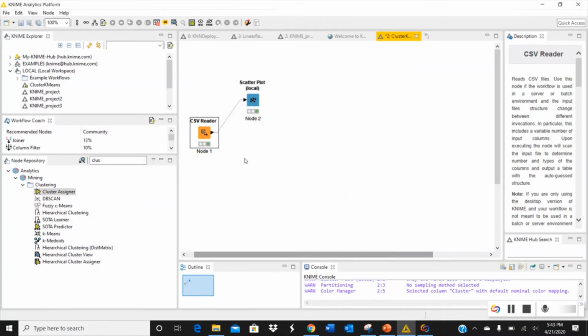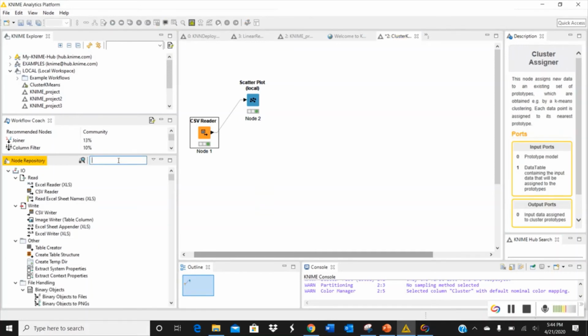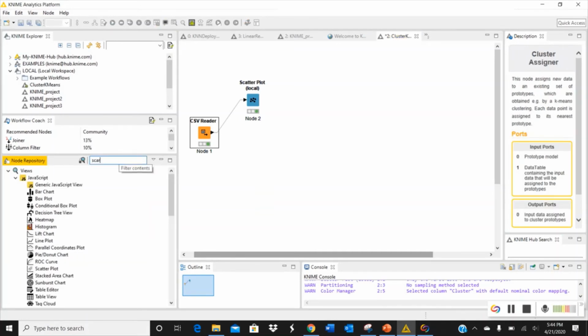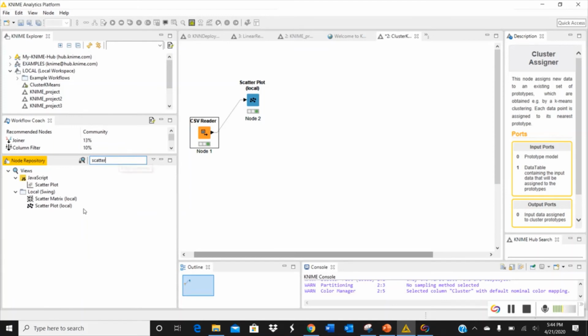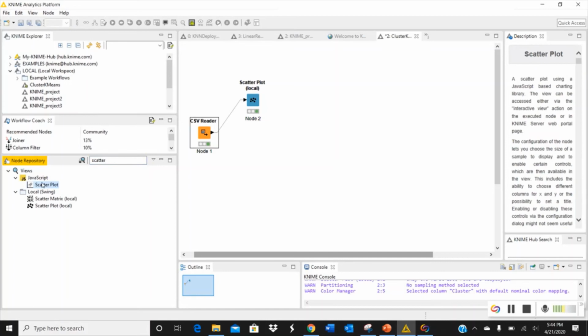And then I dragged over a scatter plot just so that we can verify what it looks like before we go ahead and try to do something. Now, if I type scatter plot over here to find it, there's this JavaScript scatter plot, and then there's this scatter plot local. In the past, I don't remember that there were these two possibilities, and normally we choose the one that doesn't have something in parentheses afterwards, but the one that says scatterplot local is the one that I'm used to seeing in the past,